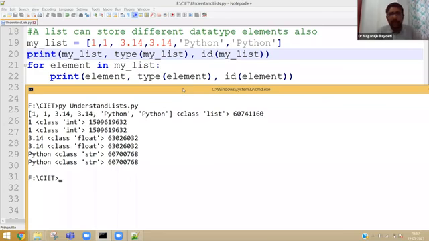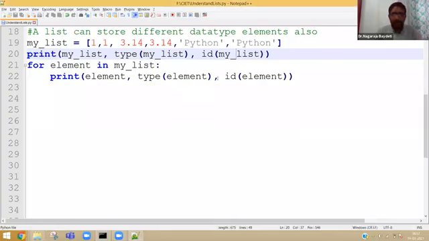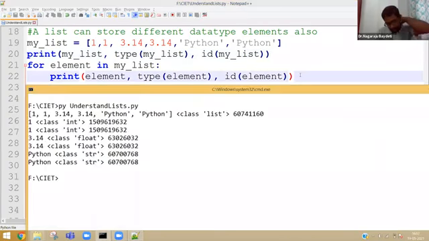I'm not telling how to find the length of a list. How to find the length of a list? You can just use len on the list, and you will know the length. You can know all the basic methods available in list, because our intention is something else. From tomorrow onwards, we are going to have file management, database connectivity, web application development, then image processing related packages, data science related packages, etc. How caching is done. So these first 5 days are only giving you some in-depth knowledge about the basics.